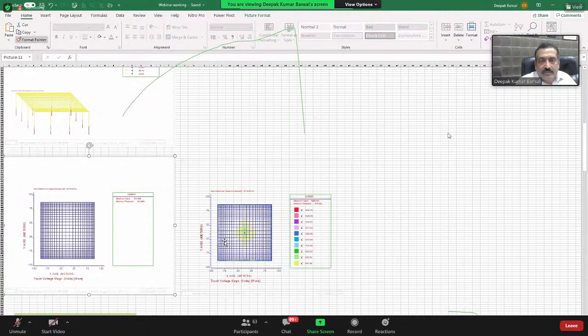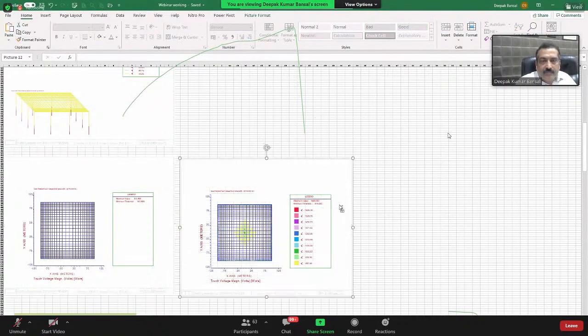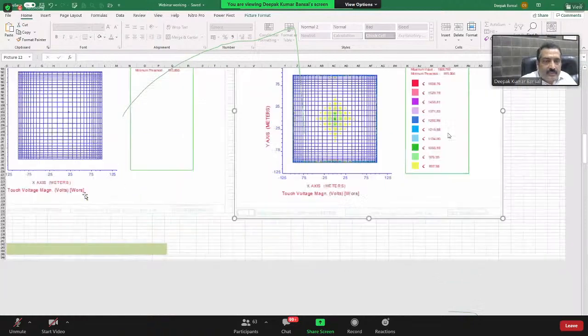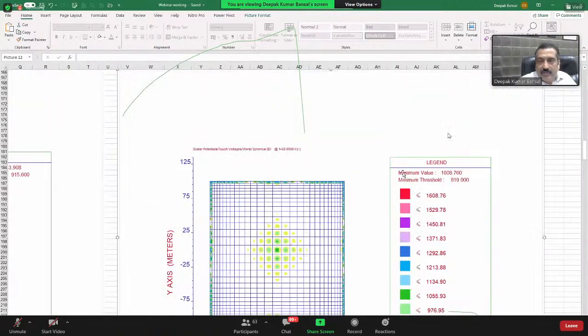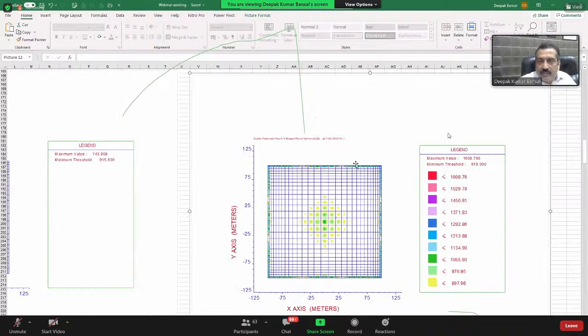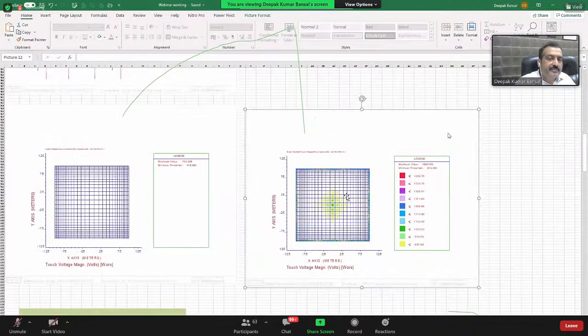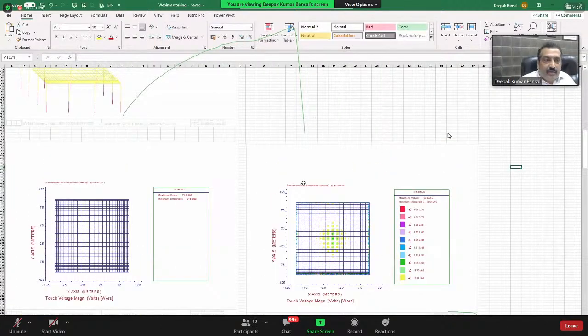Look, this is the difference. This is the safe grid, and this is the unsafe grid. And if you look at the current,